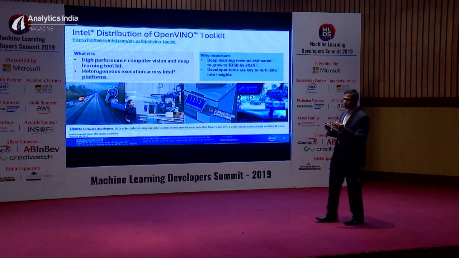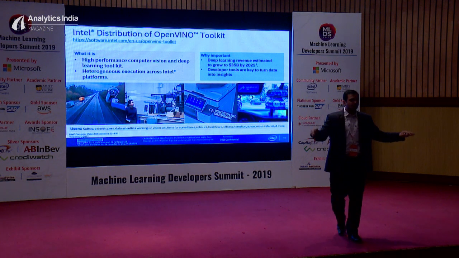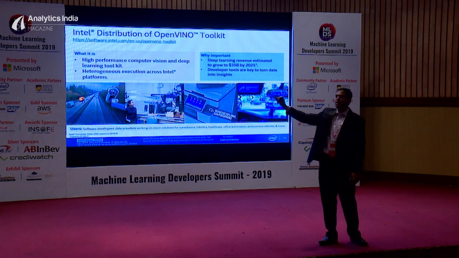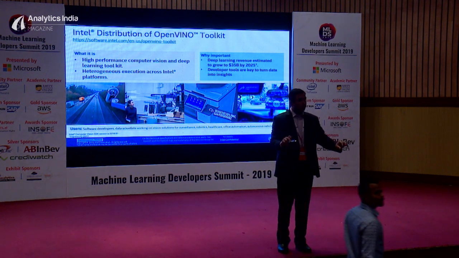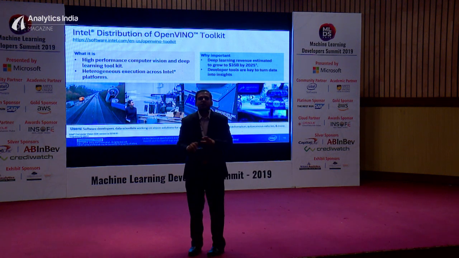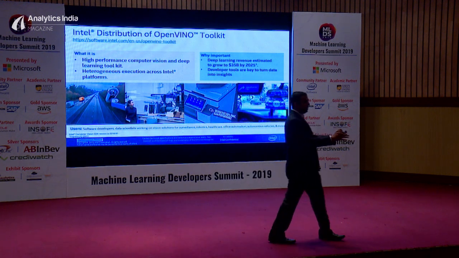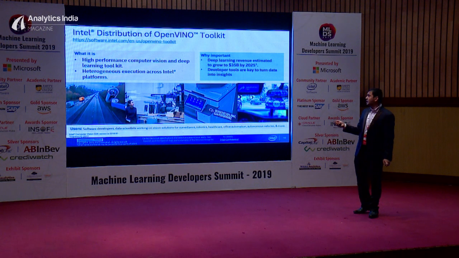It's a computer vision and deep learning toolkit at a very high level, with heterogeneous execution across hardware. So let's say I have this MLDS stick, or it's running on a CPU, or on, let's say, an Intel integrated GPU, or on an FPGA, OpenVINO just abstracts everything for you. All that you have to know is, you just use OpenVINO, and you're done, right? So why is this really important?